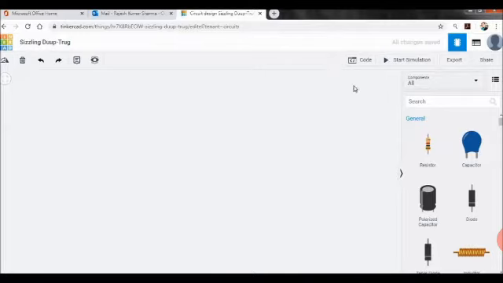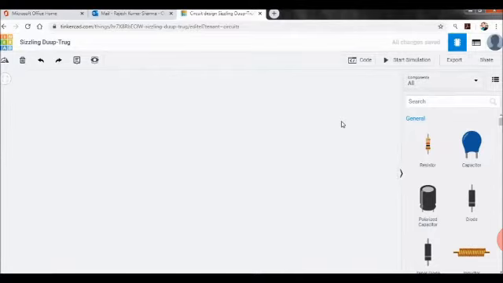this is one of the excellent platforms. So Code is just to do the programming. Start Simulation is to see the working of the circuit and the project. And next to this Start Simulation, we have Export. That is, if you want to save the project somewhere in your system, you can save it and you can share it online also.